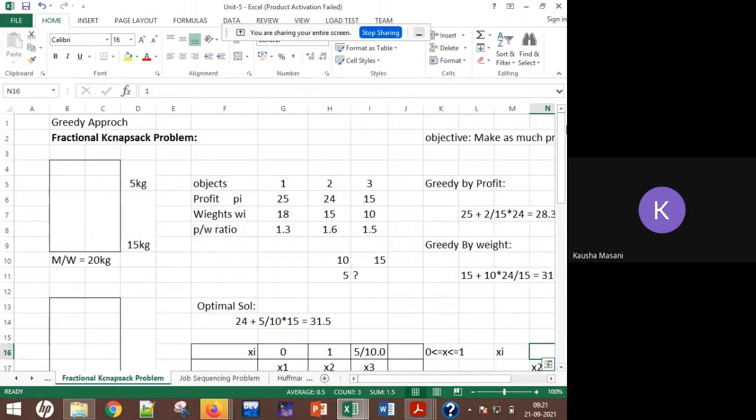All right, no problem. See, in the fractional knapsack, generally in the examination, the question can be either in theory form or in the sums like this. Now, how can it come in the theory form? It can be asked what is the difference between fractional knapsack and 0-1 knapsack? The answer is fractional knapsack is a greedy approach. 0-1 knapsack is the dynamic approach.